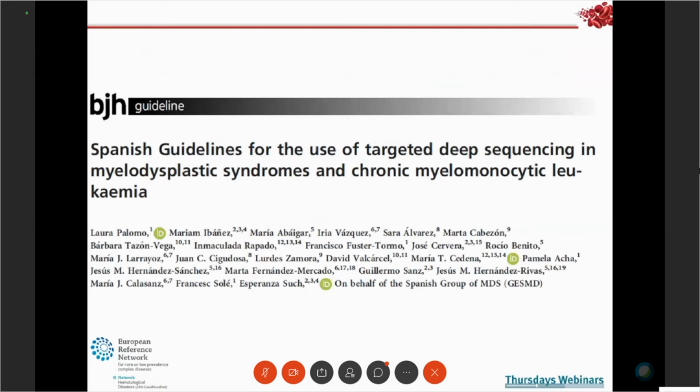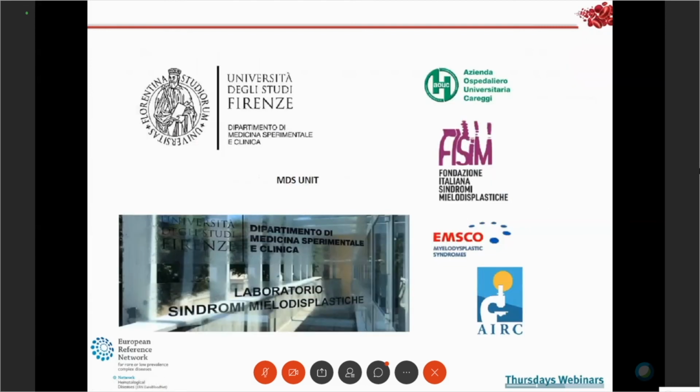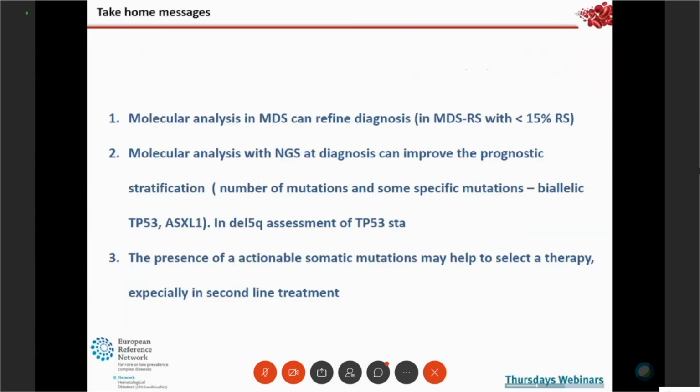The Spanish group for the study of MDS published this interesting evaluation in which they give some guidelines for the use of NGS and target sequencing in MDS and CMML. I wish to thank all of you, and I hope you have some questions for me. Now, I want to give you this